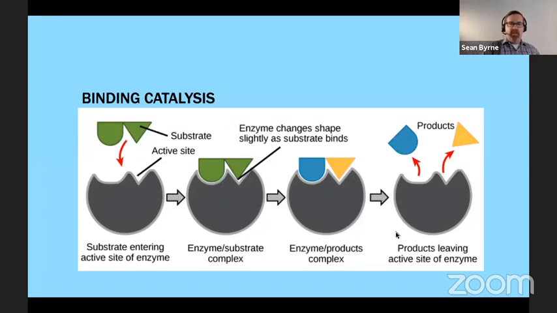But a similar thing could happen where we don't have specific bonds, we just have some sort of interactions. I'm calling these binding catalysts, where they are interacting with one another in order to make our products, but we don't have physical bonds happening between each of them. And we would think about enzymes working that way.